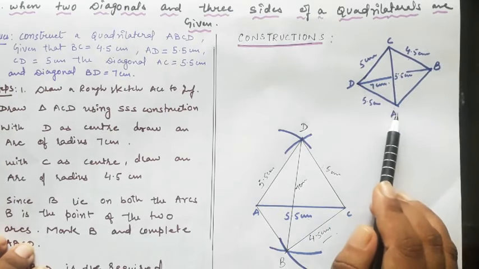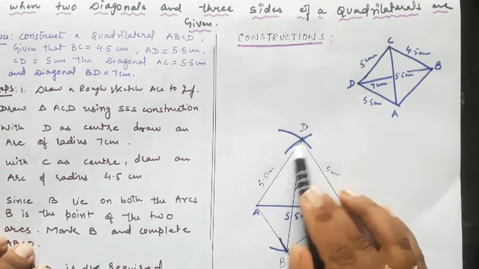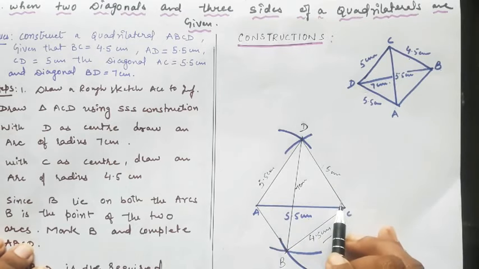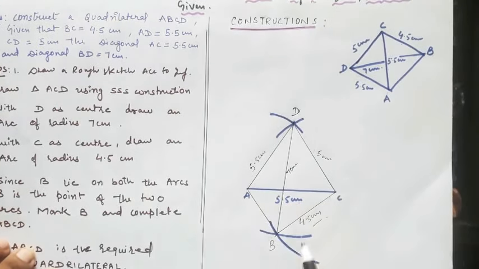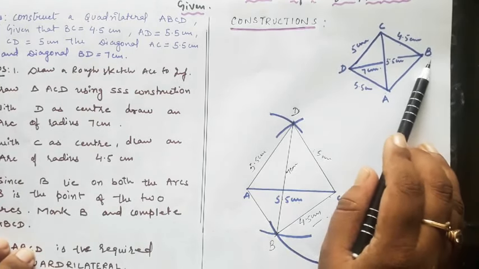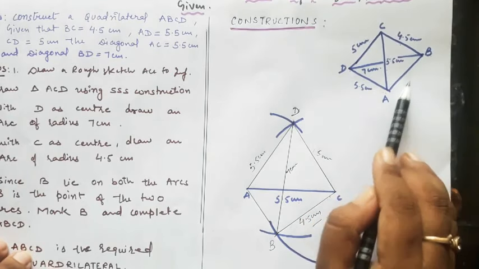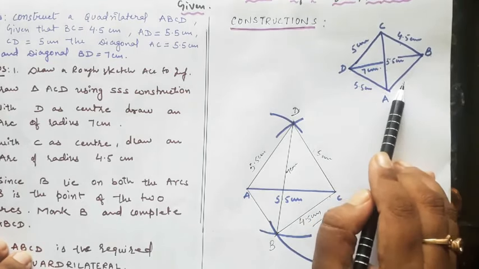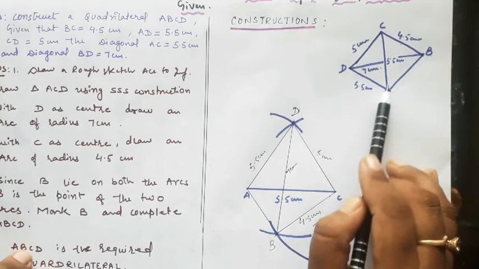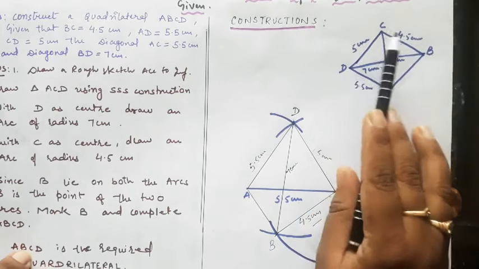From A as a center and 5.5 as a radius, I have drawn this arc, and from C another arc, and this point I got, and I could construct triangle ACD. Okay, now the next target is to draw this point B, and to draw this point B we have 2 references, one is C and one is D. Why have we not taken A? Because this measurement is not given to us. If we had this measurement, we could draw easily from that reference, but it is not there. So that's why I have taken D point and C point as references.